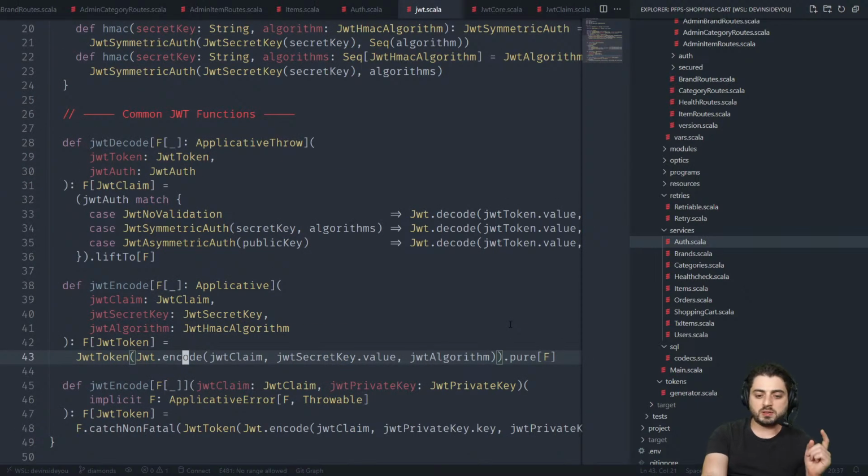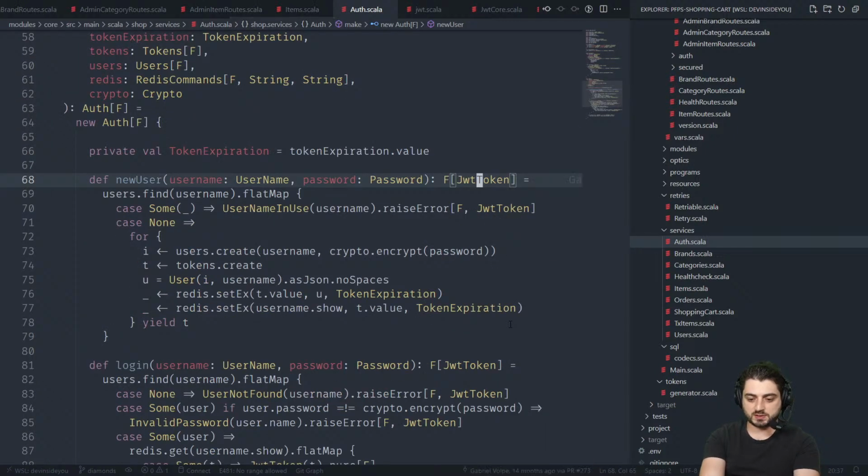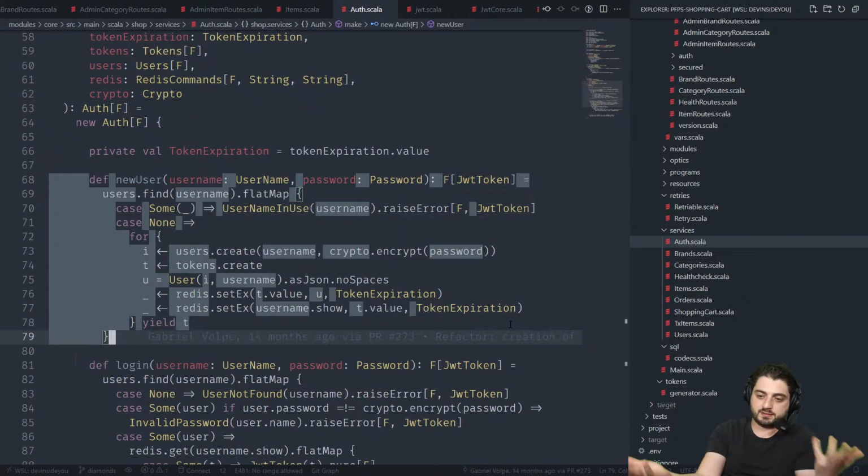Okay, yeah. So this is again one of those issues, right? So if this is business logic, like creating new users is clearly business logic, right? I mean, I don't know. Then something like JWT token would need to be inside of the core, and inside of the core, we do not know which JSON library we're going to use, and so we cannot have the encoder in there. We're going to need to make a choice whether